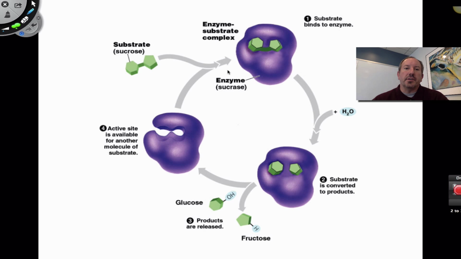Here's another picture of this. Here's the enzyme, or the glove, or the lock. Here's the substrate sucrose. So here it comes. It goes in like this, and this is happening, remember, outside the cell. Where did this big protein come from? It came from our intestine. It's secreting this. Why? To digest our sugar. So water comes in, it clips or breaks the bond, and then the products come out, glucose and fructose, those two monosaccharides. Notice something very important here. The enzyme itself didn't participate per se.